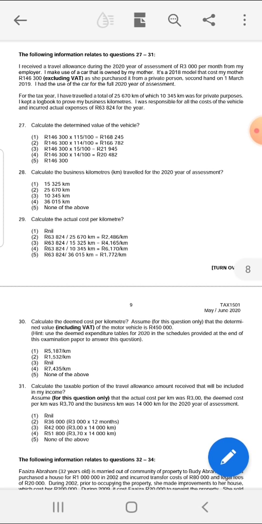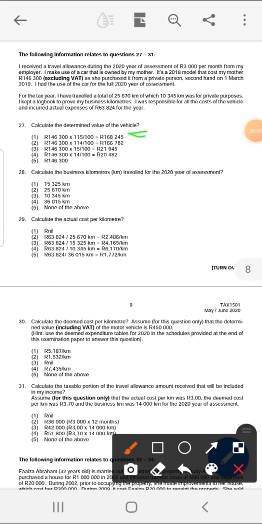So guys, remember the determined value will need to include VAT. Since this vehicle was purchased on 1 March 2019 for 146,300, we need to include VAT on that, so we'll say 146,300 multiplied by 115 over 100. It will give us 168,245. So our correct answer there will be option 1